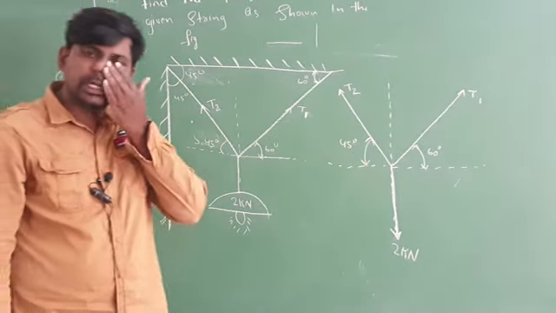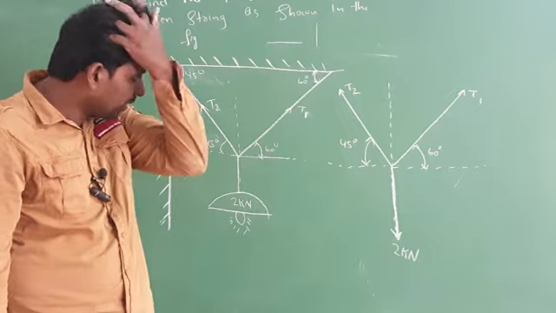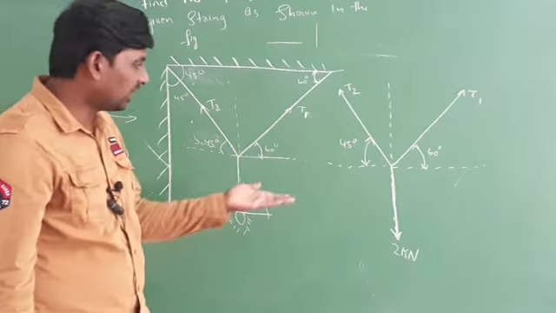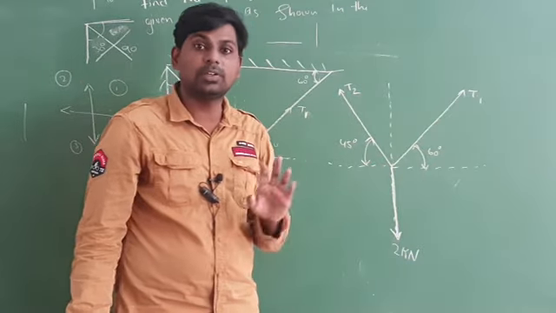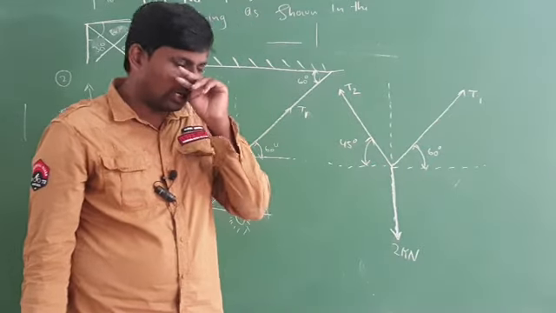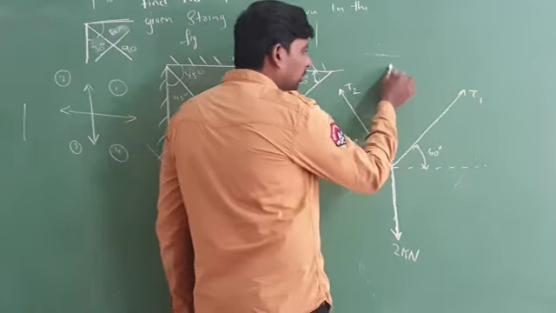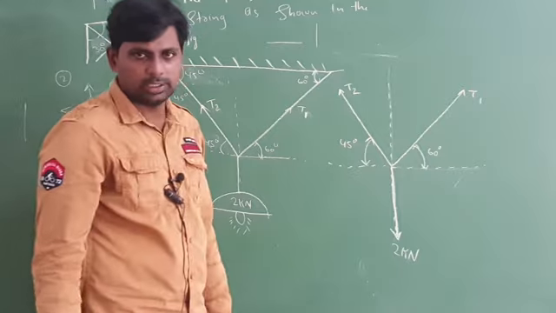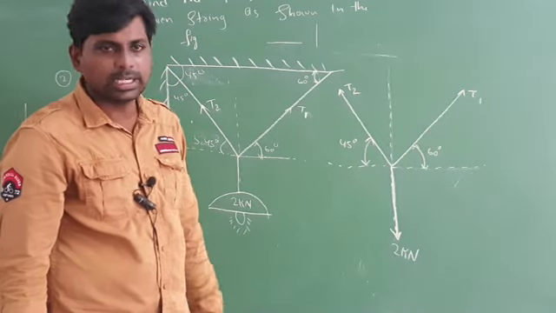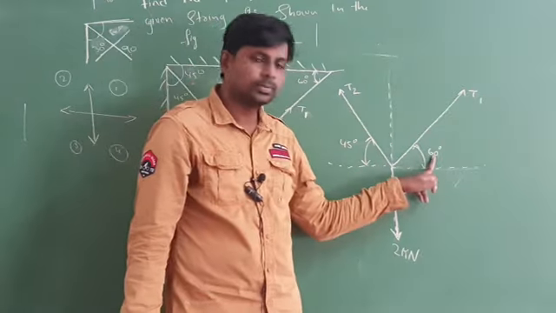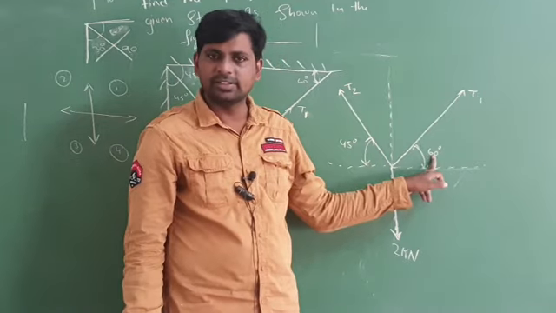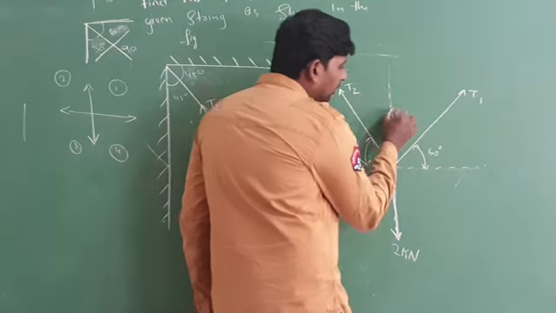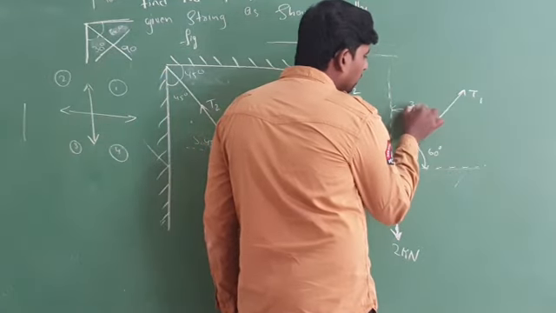Now Lami's theorem's main condition will be there. What is the main condition? Between the forces you must know the angle. Here you know the angle with respect to horizontal, but between the forces how much angle is there? How to find that out? See here, from here to here how much angle is there? 90 degrees. In one quadrant how much angle will be there? 90 degrees. He already occupies how much? 60 degrees. 90 minus 60, how much will it be? 30 degrees.